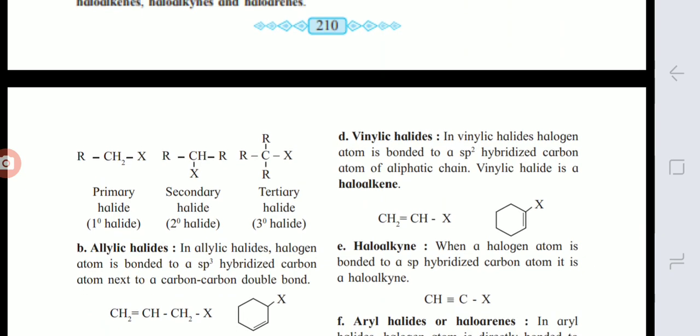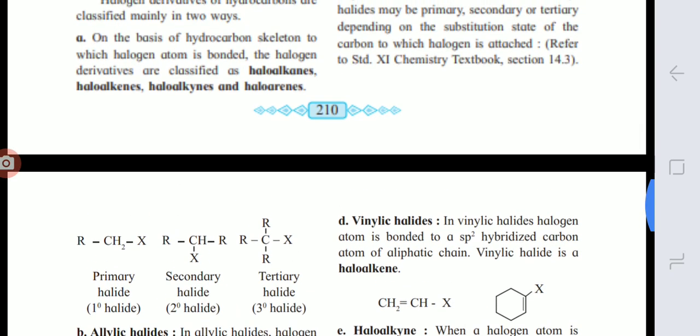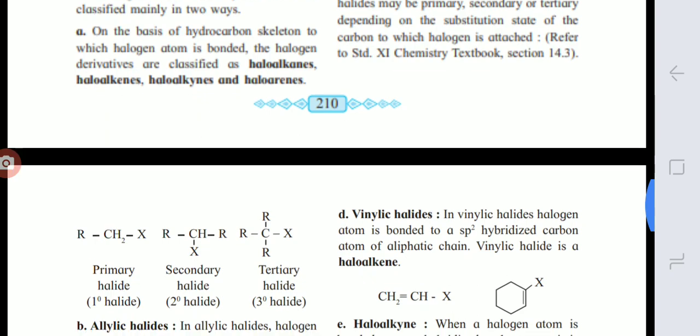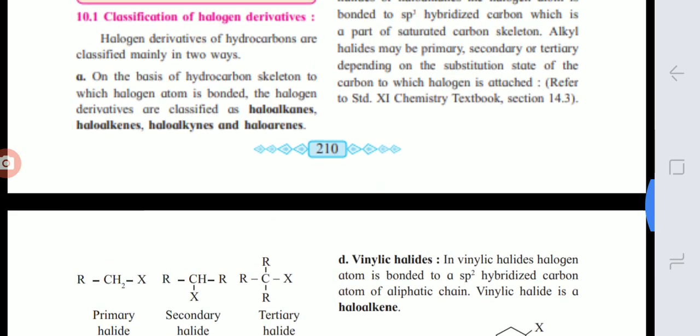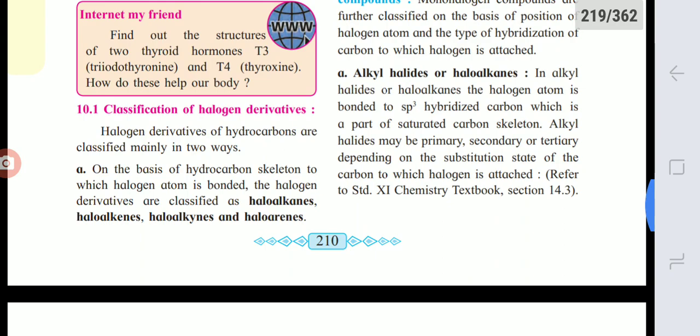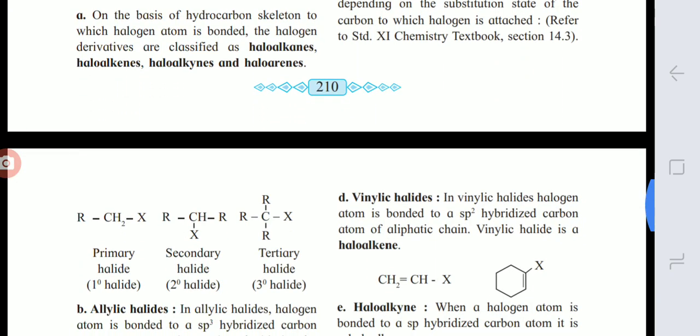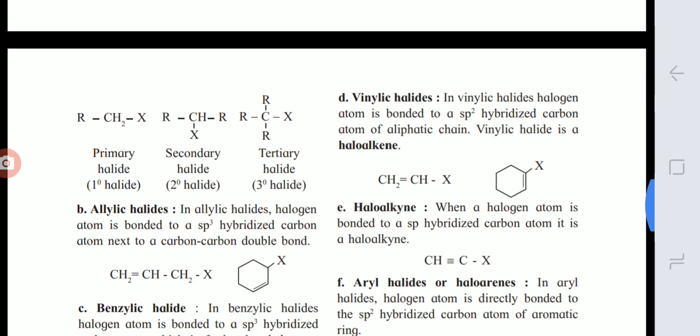So in all these three types, only one halogen is present. So primary, secondary and tertiary alkyl halides are the subclasses of monohalogen derivative or alkyl halide. Then in the next class,